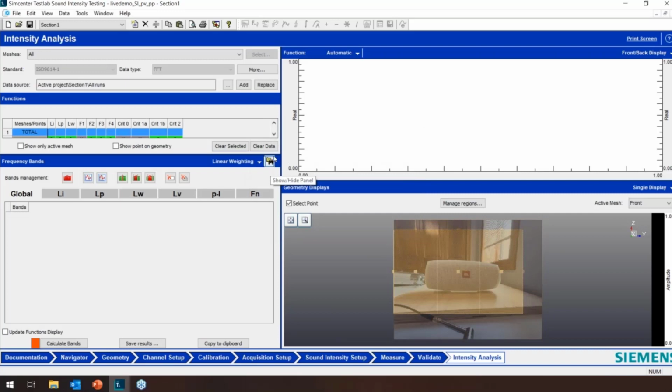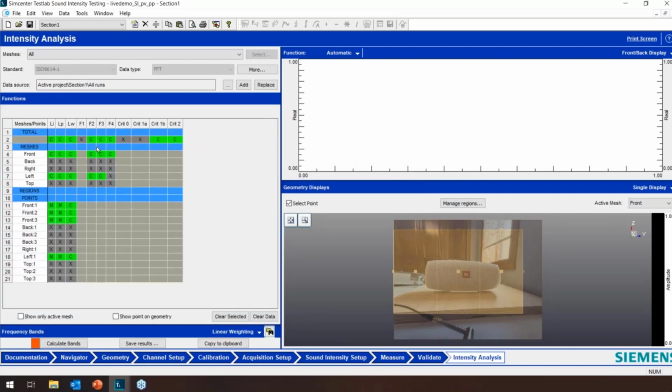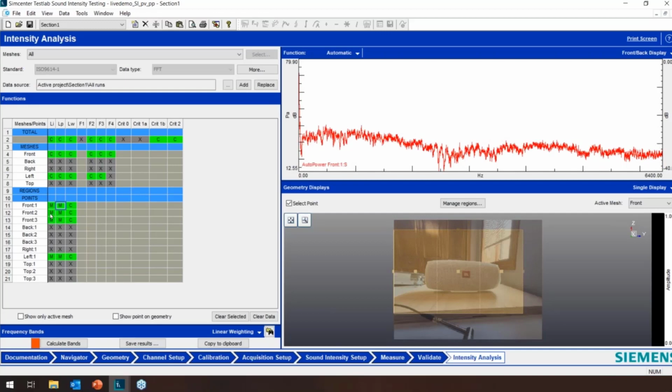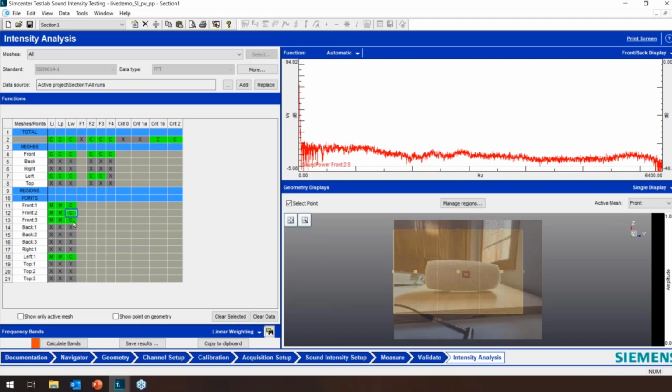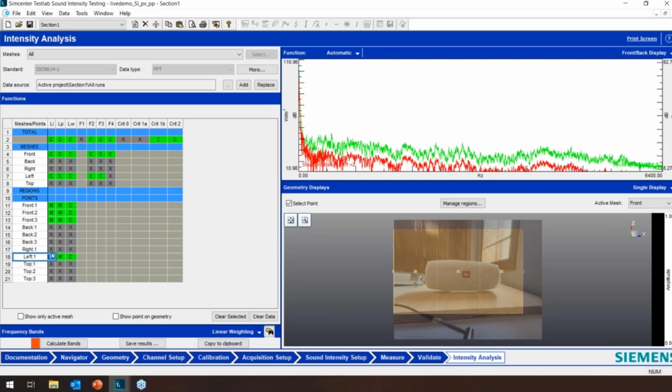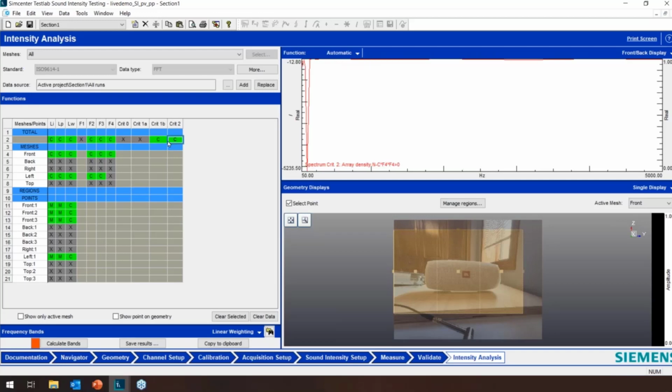You can come down to this little binocular icon here, and it'll pull this open. This will also show us again what we've measured. So we've calculated the front meshes. We've measured the intensity and the sound pressure of the front 3 nodes, and we've calculated the sound power. That's what you can see individually here. And then we did the one on the side. That's all we've done so far. And then there's this CRIT 1B and these CRIT 2Cs. If you read the ISO standards, these are explained there. This isn't an ISO presentation, so we don't have a lot of time to get to that unless people have questions.